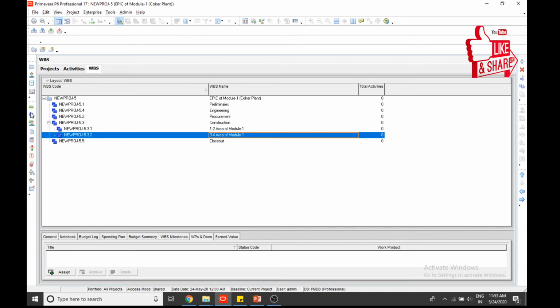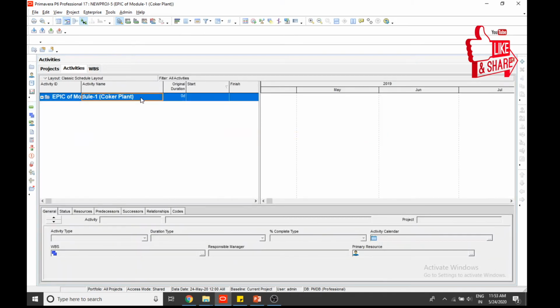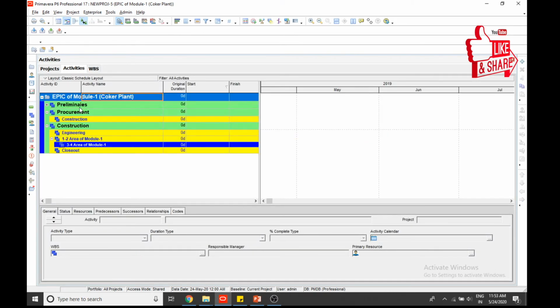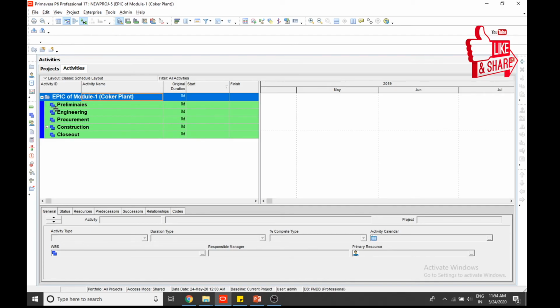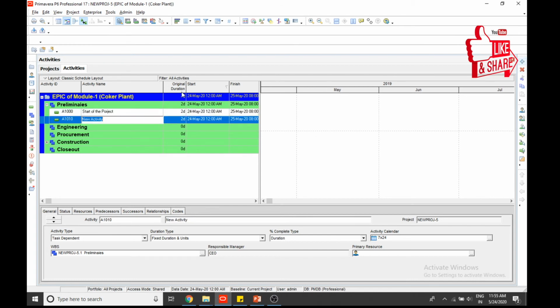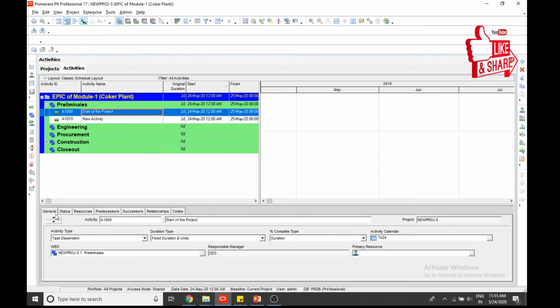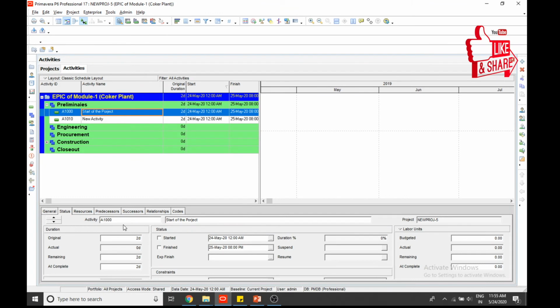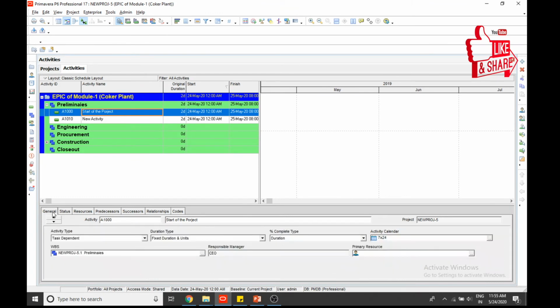Okay, now you go to activities again, and now you can see these are the WBS we have. There you go, we have preliminaries. In preliminaries you can add start of the project, it is a start milestone.